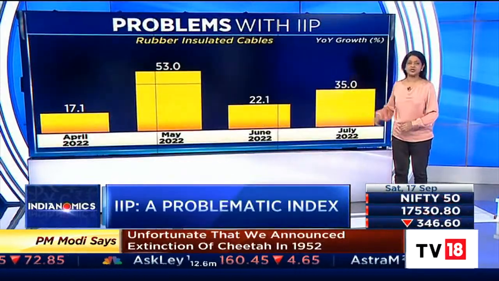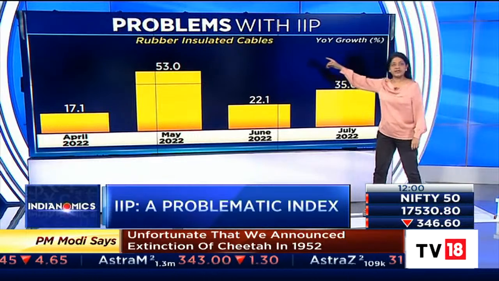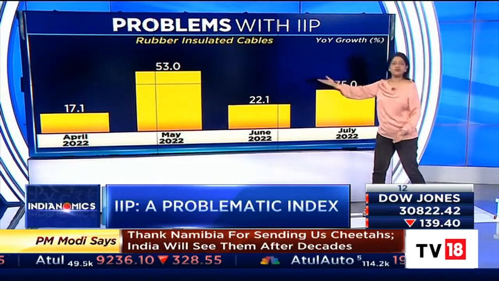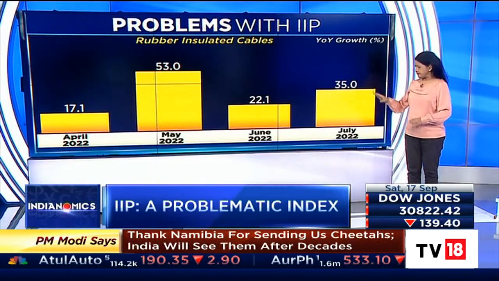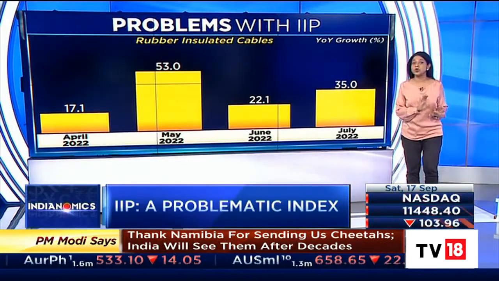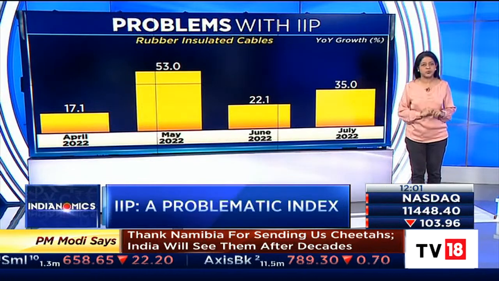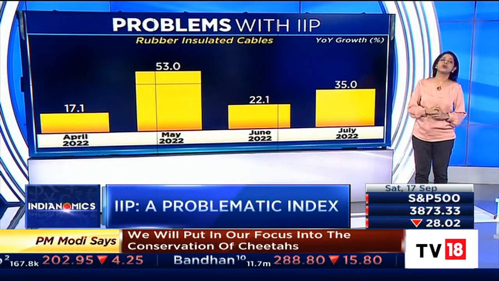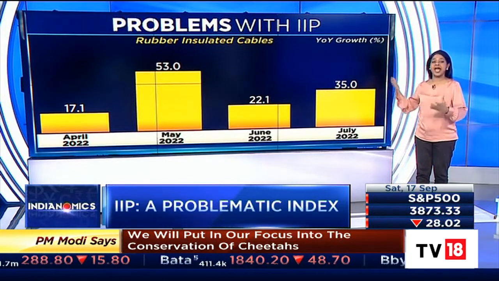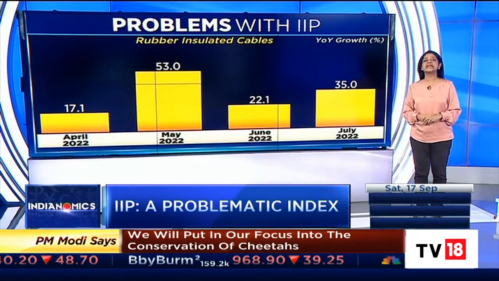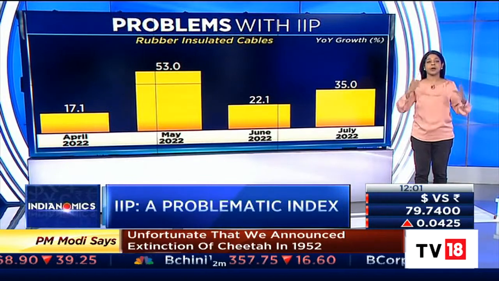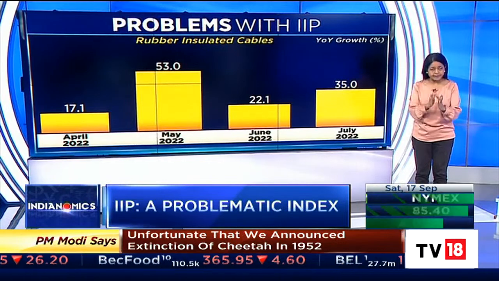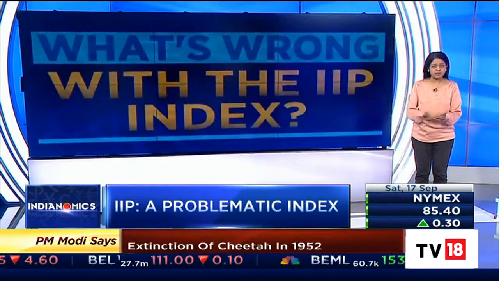Let me take a closer time, not 2015. If you take 2022, an item, rubber insulated cables, is showing growth at 53 and 35%. Of course, the saving grace is it has not moved the IIP much because it has very little weight. But the question continues to arise, how can year-on-year output swing so much as 35 and 53% in the case of cables and 1,000% in the case of digestive enzymes? Is the sample too small? Is the collection not regular?